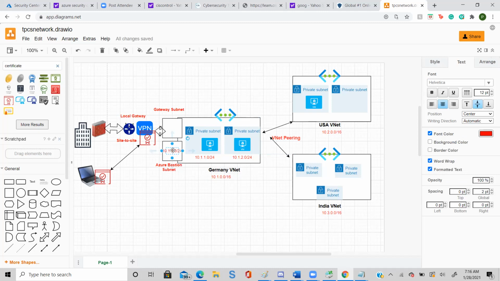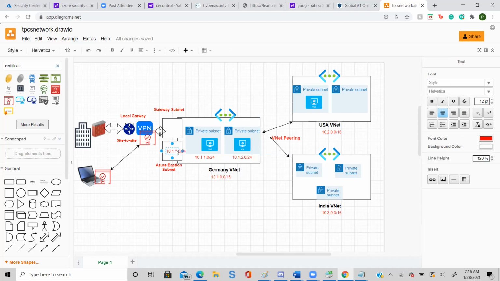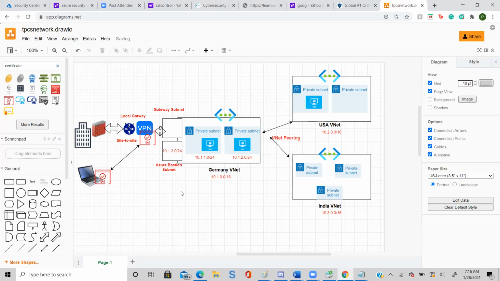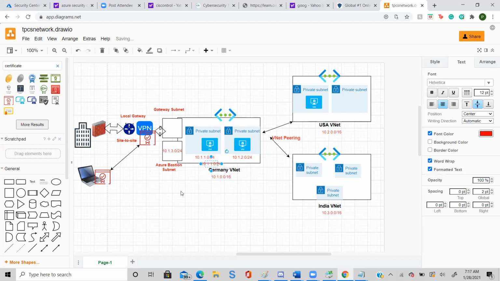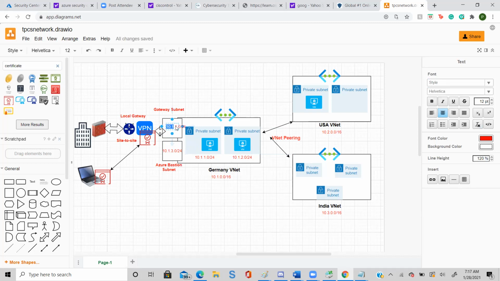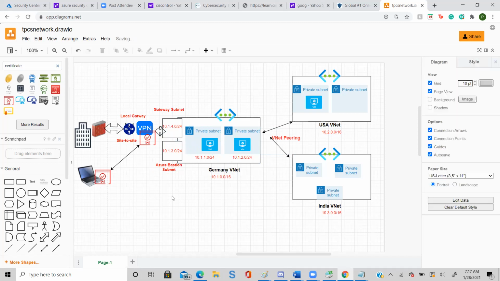But I have to use the third octet, which is 10.1.3.0. And for the gateway subnet, my IP would be 10.1.4.0, because 1 is already used, 2 is already used, 3 is already used, only 4 is left. Now it looks much better.